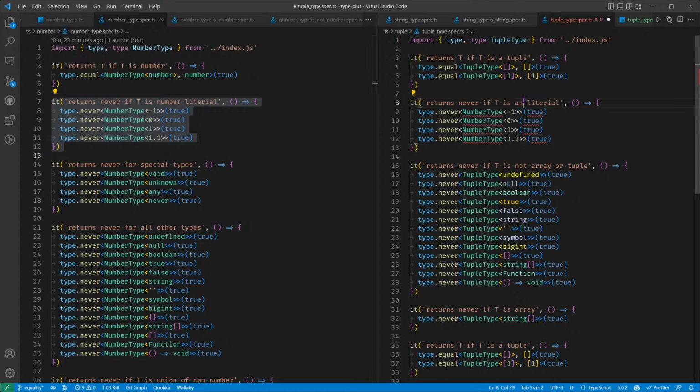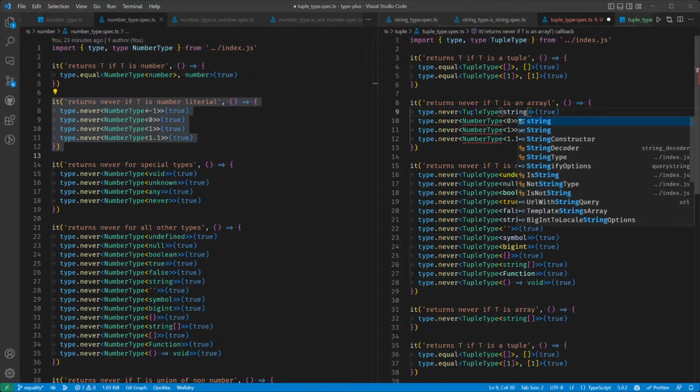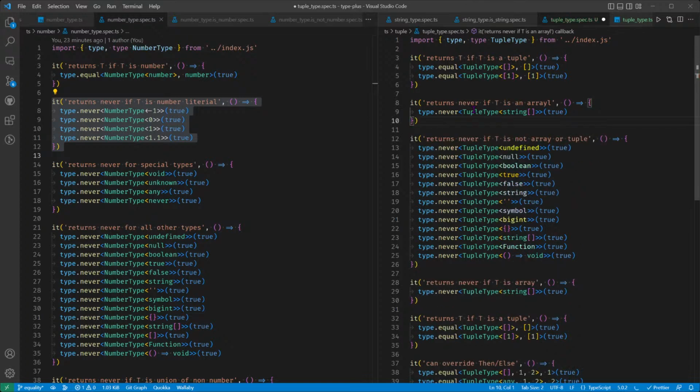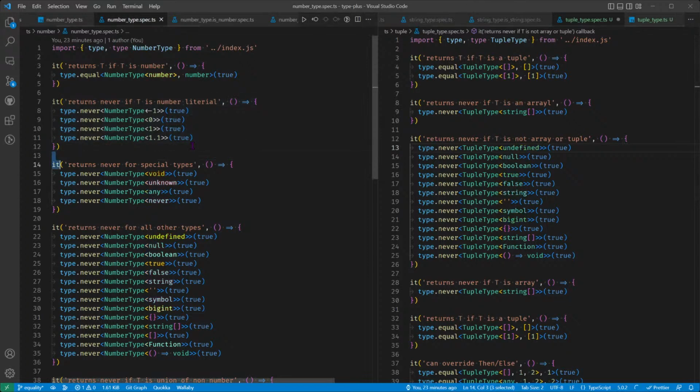If T is an array. So this will be the tuple type, and what's passed in is an array, say, for example, a string array. This will be never. Okay, I think that would be it. And then for the special type,